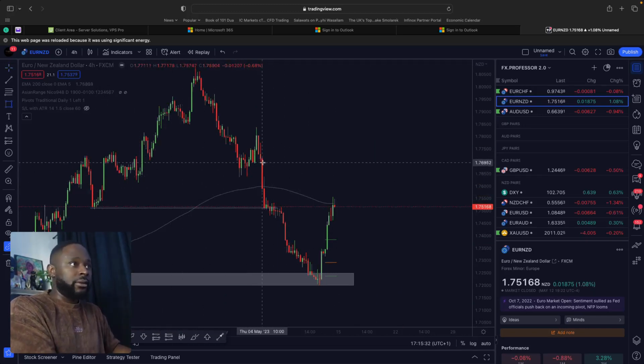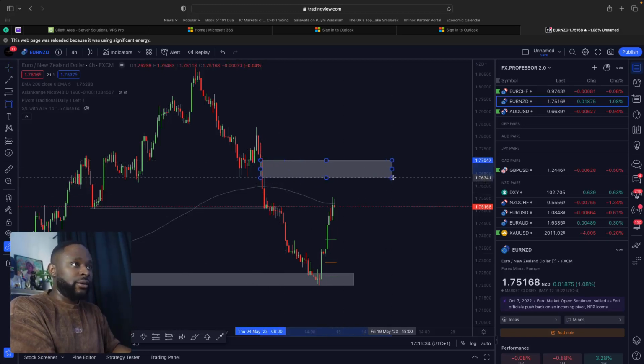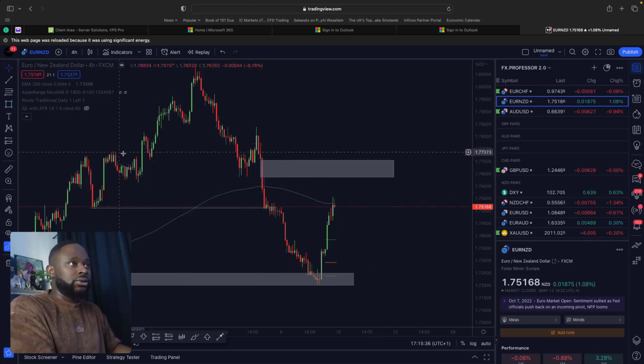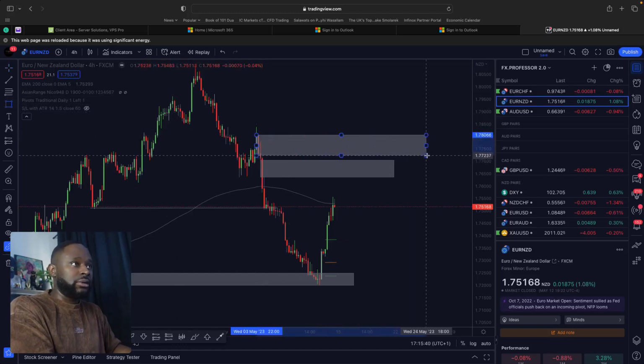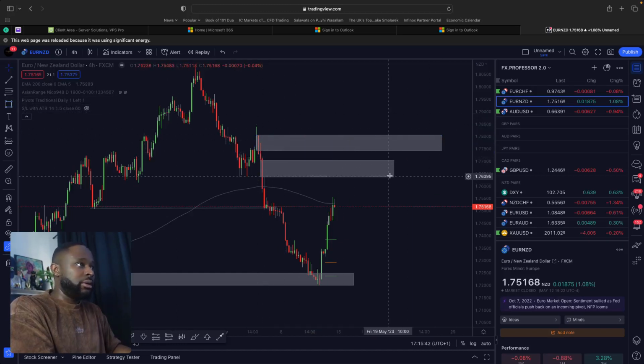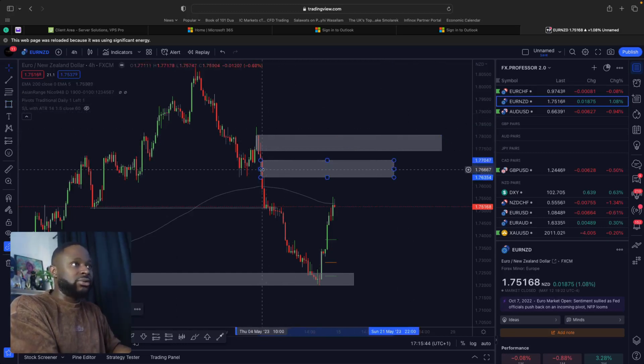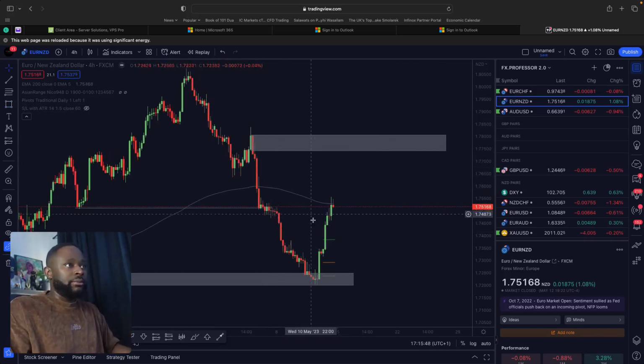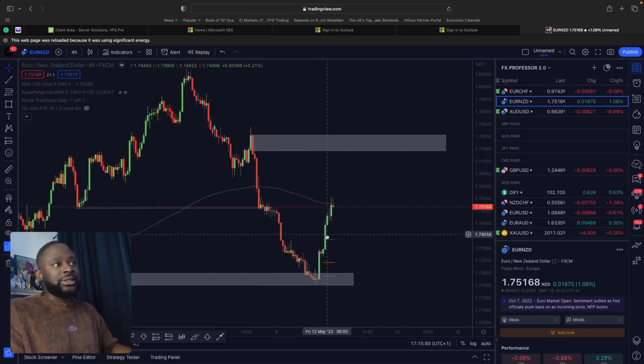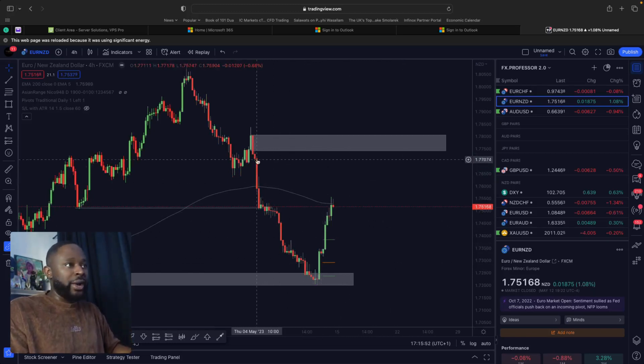We have an imbalance here to be filled as well. So my point of interest on this will be around here. I'm going to take out this imbalance. You guys already see the imbalance anyway, so I don't have to keep it. So right, I still expect this to extend to the upside a little bit more. We have drop, rally, drop. So this is more like a